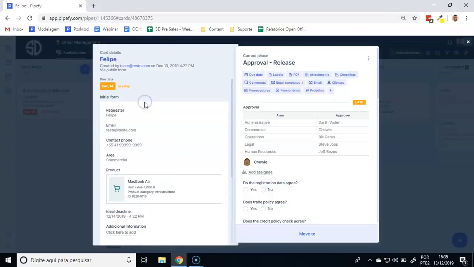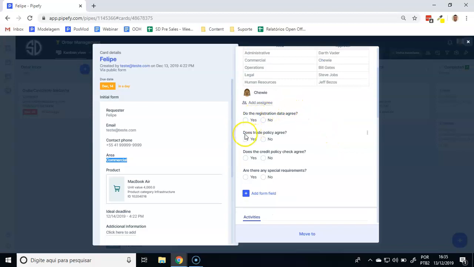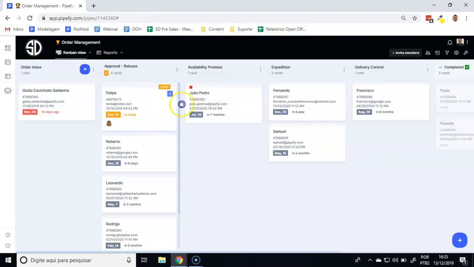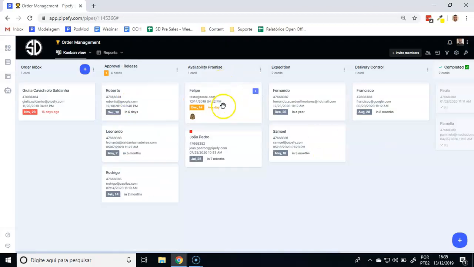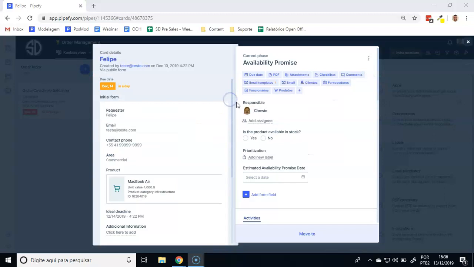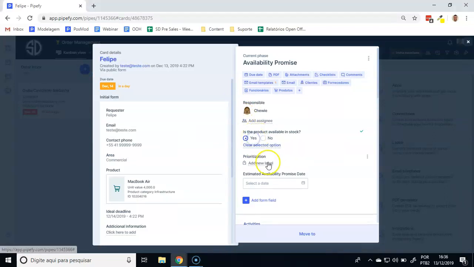As you can see, the approver changed based on the requester area. So it was from commercial, so Chewy was the approver. Here you have to check if the trade policy is okay, if the credit policy is okay, if it has any special requirements. So after you go to availability of promise, here you will check if the product is available,